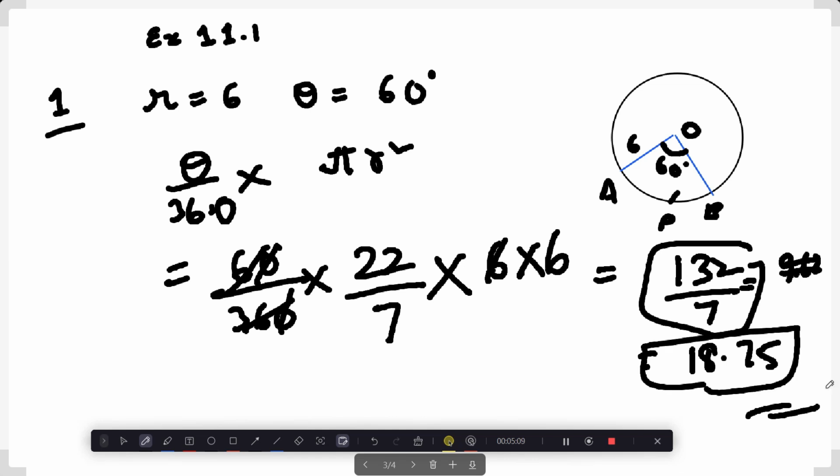One thing which I've seen in these questions, while I was solving for myself, is that at some places they have just left it at fractions, and at some places they have taken it up to decimals. I would suggest, since we are obviously going to show it step by step, show both. You can show this also, show this also. But yeah, show the decimals is what my suggestion would be.